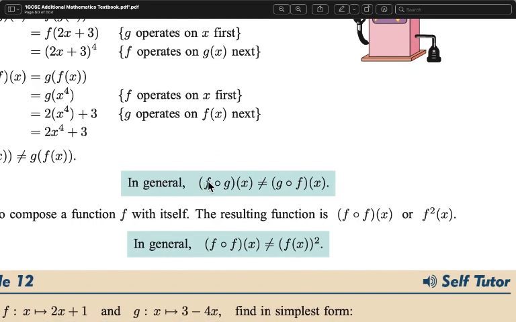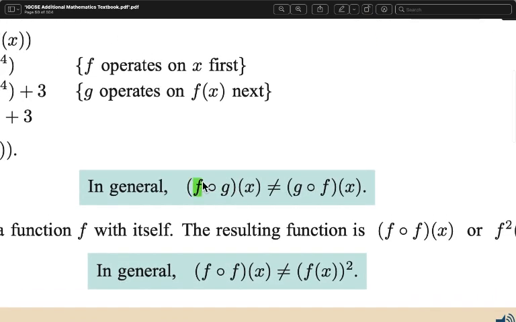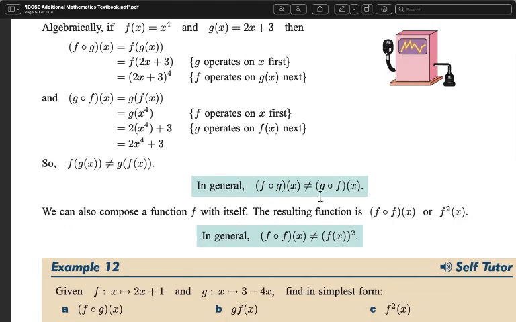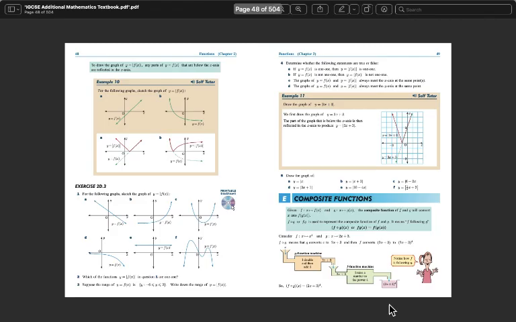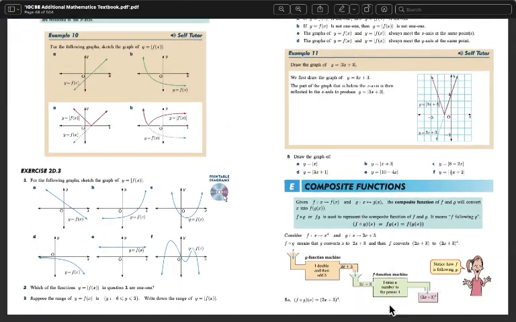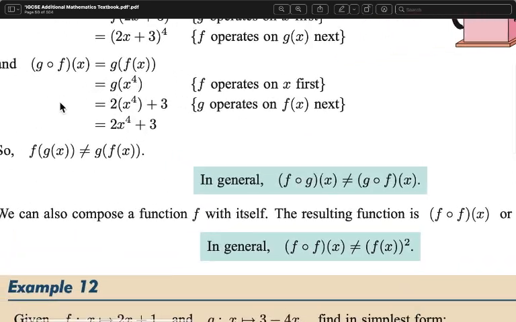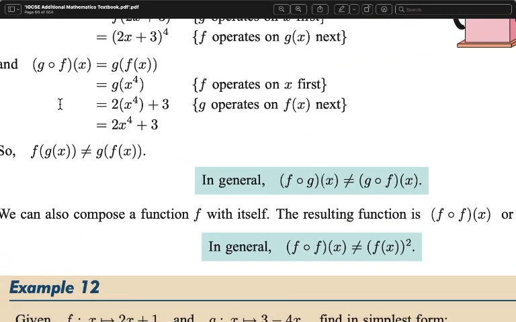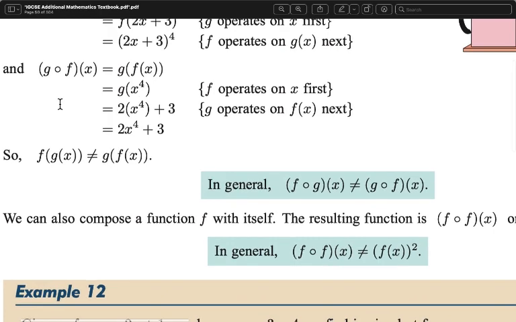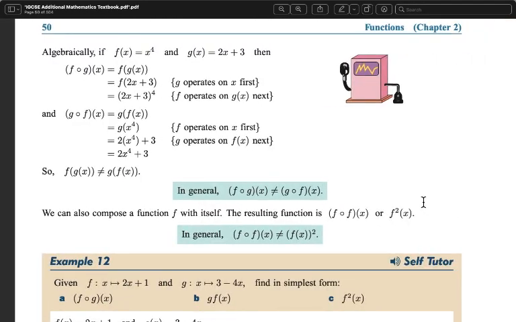So if you do it in reverse, the functions may not be the same. For instance, for f of g of x, you get 2x plus 3 minus 4, but for g of f of x, you get 2x squared, 2 times x to the power of 4 plus 3. So even though they look kind of similar and only the sequence has changed, the final value obtained may be substantially different,